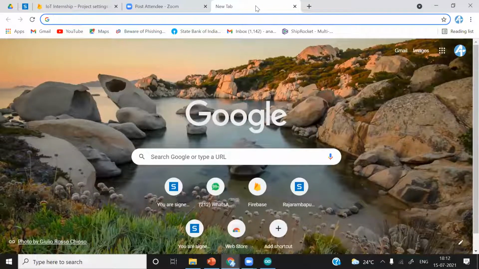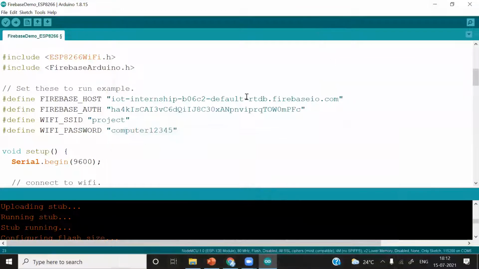So I'll just remove it. Okay, and that fingerprint key, what Firebase does is periodically, for security reasons, they change this fingerprint key.